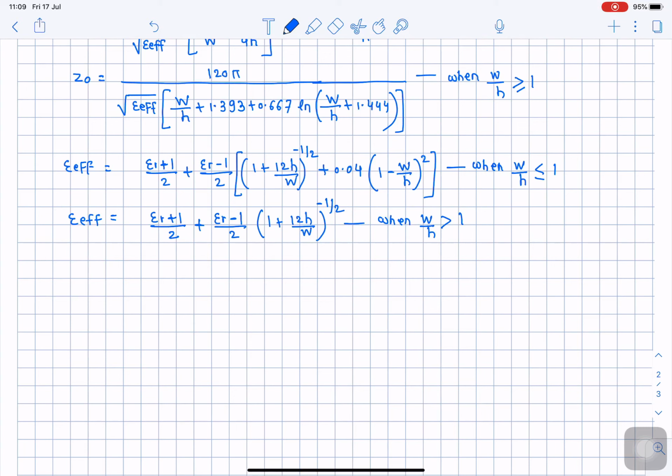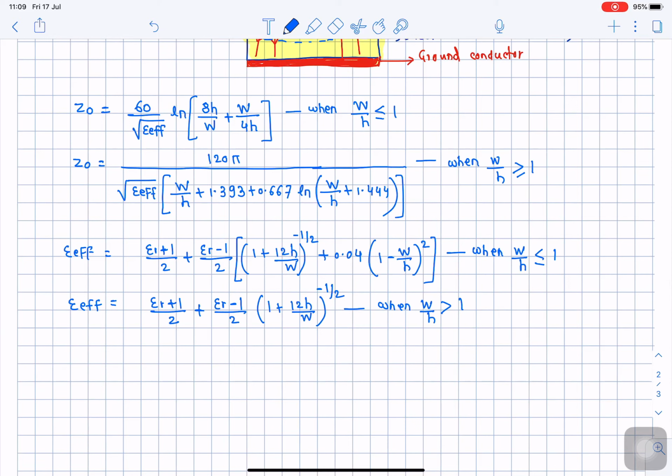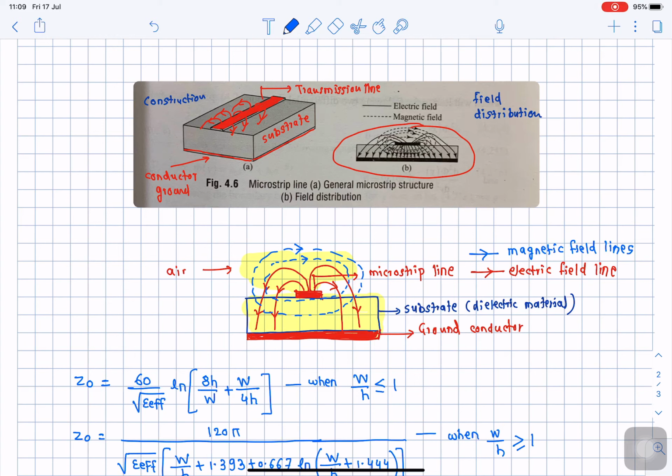Okay. So here we saw how to calculate the characteristic impedance once we know the dimensions of the microstrip transmission line, and in that we saw the equations separately for calculating the effective dielectric constant, which is again dependent upon an important factor, that is, the value of width to height. These are the empirical equations which are used to calculate the characteristic impedance of the transmission line. Conversely, you can calculate the width to height ratio also once you know the characteristic impedance. So these are the equations to design the characteristic impedance of the microstrip transmission line.